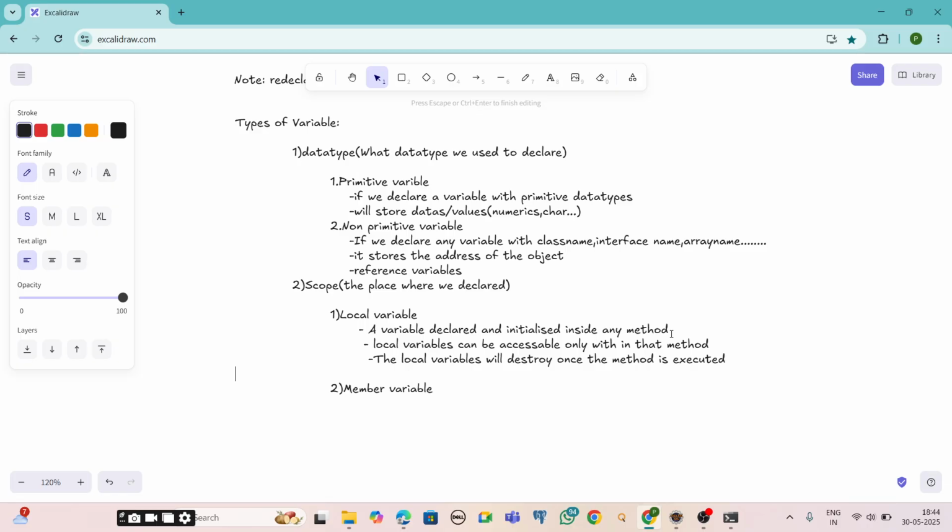And one more thing is, if we want to use local variables, we need to initialize them. Without initialization we cannot access the local variable.